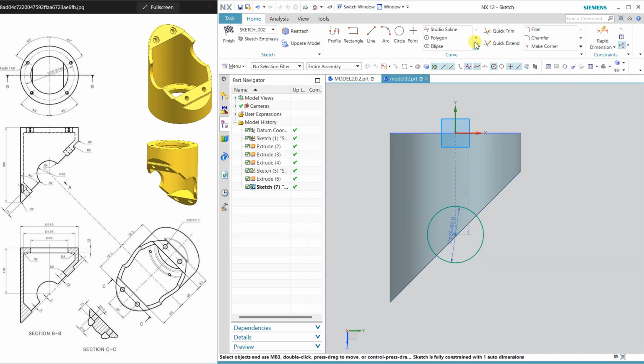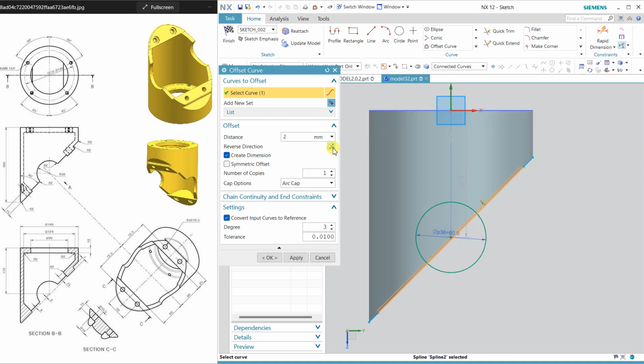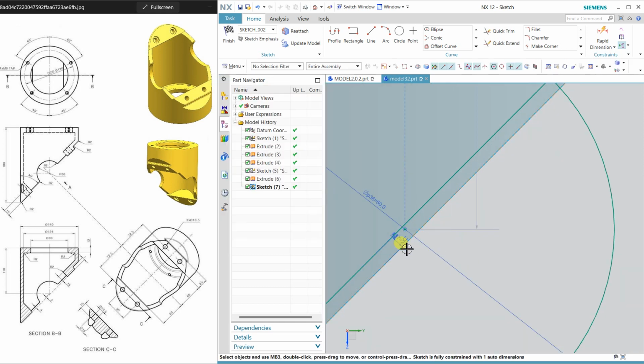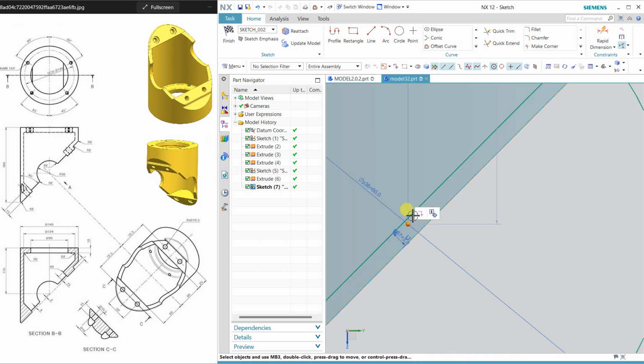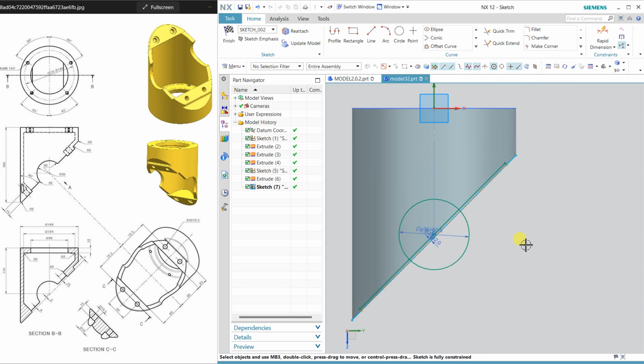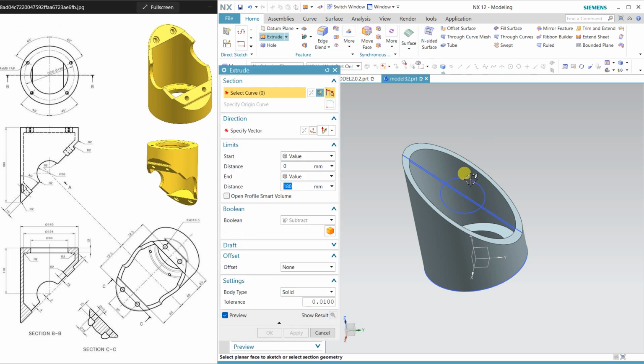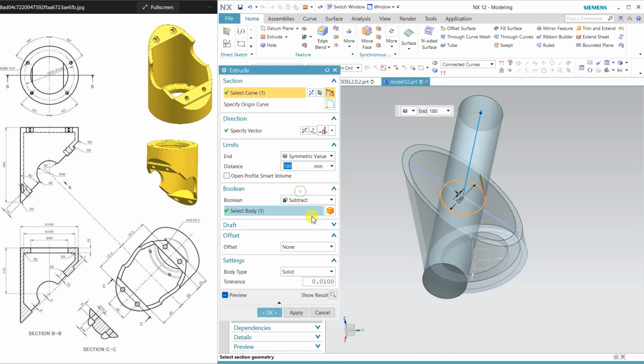So first we have to project. Here we have this project curve, and I am projecting this. Now offset 2 and click, and inside. Okay, now this point and line both will be constant. Now my sketch is fully constrained, and I'm just cutting this circle, exit, and select this extrude, click symmetrical value so that it will cut on both sides.